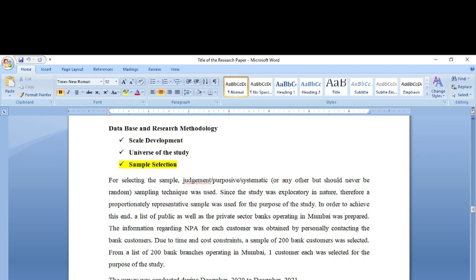banks operating in Mumbai, and this is systematic sampling because I have to approach the bank customers to know about non-performing assets and their view about non-performing assets. So it is obviously my judgment that I would go to the banks to get this data filled. So that is why, and in order to make the approach systematic, I made a list of all the banks,